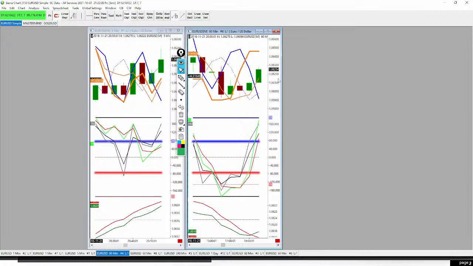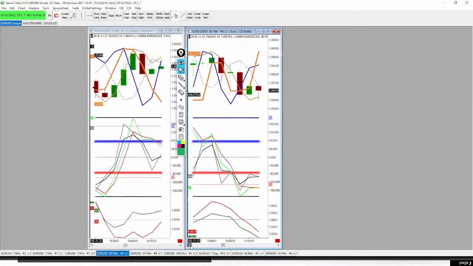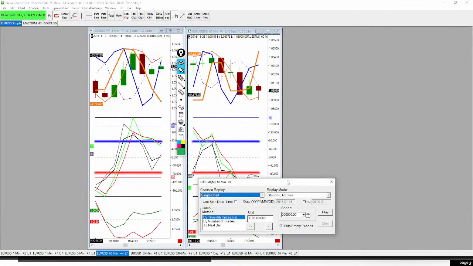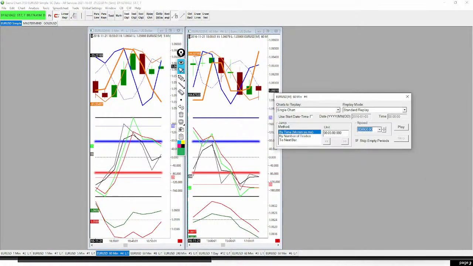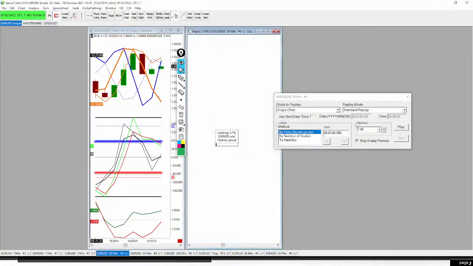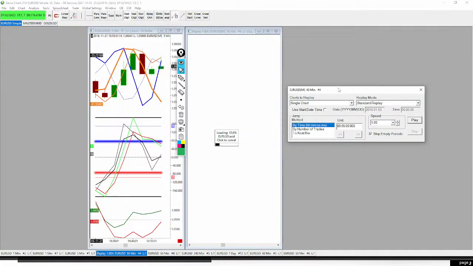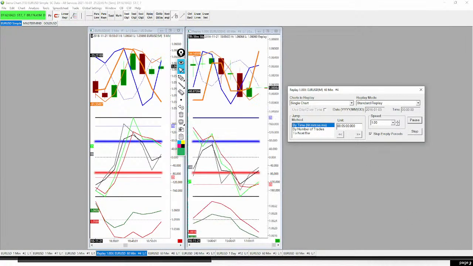Okay. Yes, we did pop to the long side, but it actually started right here. I'm just going to replay this just to show you guys. Okay, so right there. Okay, so watch as that shadow occurs. Watch as the market moves short. And what happens to the major minor lines is green, red, gray, black lines right here.